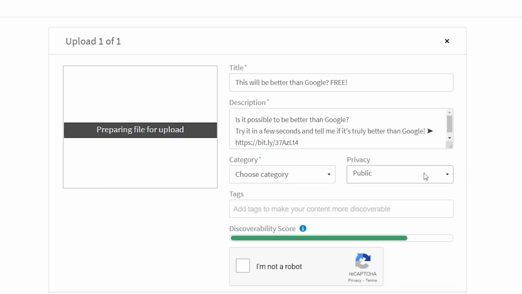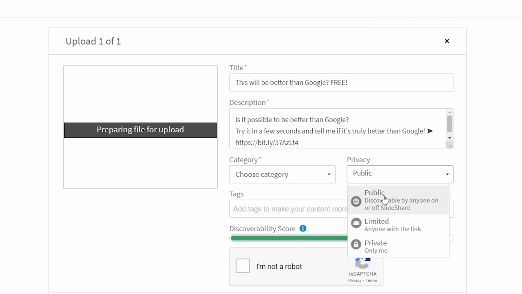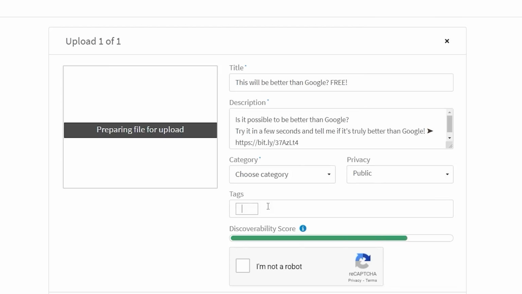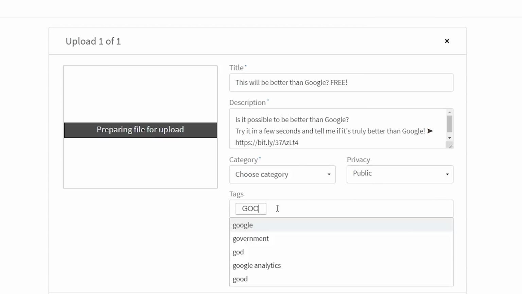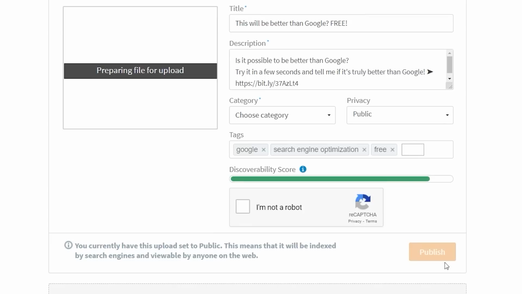For example, I'll type in "Is it possible to be better than Google? Try it in a few seconds and tell me if it's truly better than Google." And I'll also paste my link right here. Now choose category, select the category right here from the list. Select the privacy to be public, so you want everyone to see it, and you can give it different tags. So for example, I'll type in Google, search engine, free, and so on. So the more tags you give it, the more people you'll attract, and after that, just hit publish